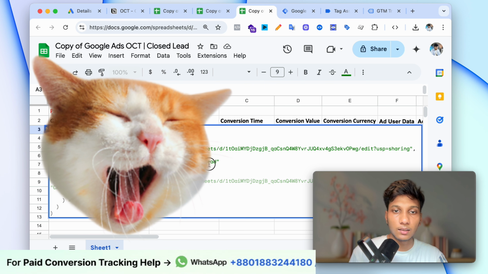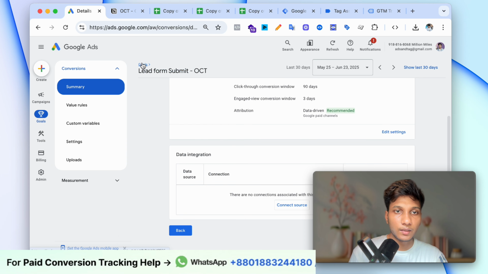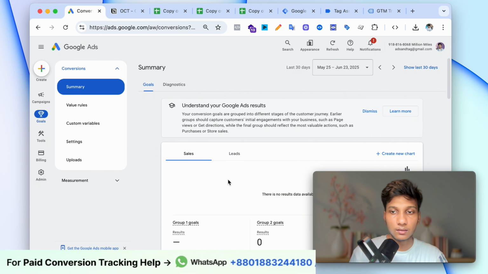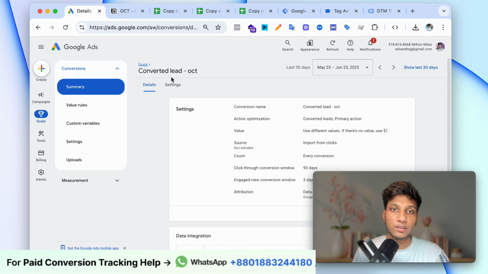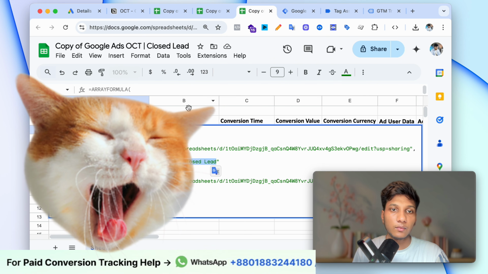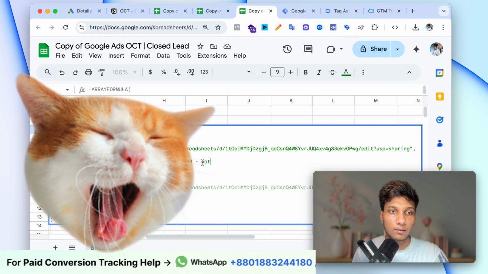And what I need, if I go to Google Ads, here you can see our converted lead is converted lead OCT. So I want to change this name to this name. That's why we have to paste this name in here. So if I now click in here,